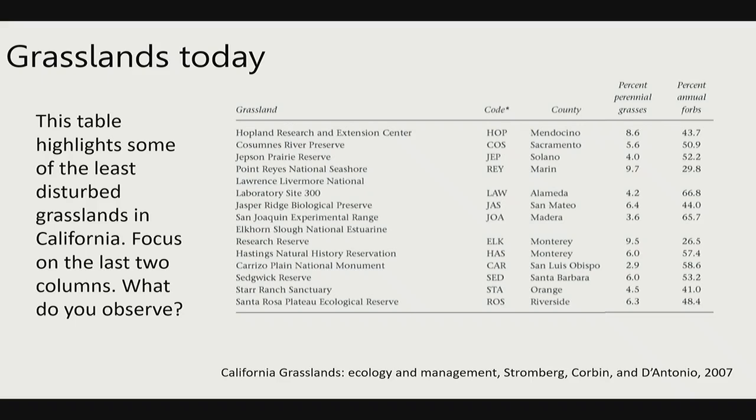Any thoughts on that? I'm hearing the murmur, forbs, forbs, forbs. That's great, yeah. Get the chant going. Yeah, so this data certainly suggests that in areas that never really went through those disturbances, as far as we know, forbs and flowers were probably the more dominant historical group. So this is a piece of evidence, and it turns out that most evidence historically suggests that it was in fact forbs that tend to dominate more of this landscape.